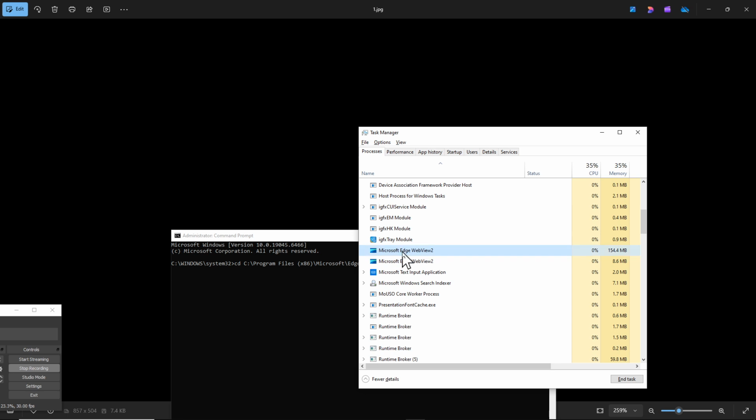Left button on the mouse to select it. It is going to look blue, and then hover with the mouse, right button, select end task. It should disappear like this. There is one remaining. You may see more than two, maybe 3 or 4, but you are going to repeat for each one the same process. So left mouse to select it,